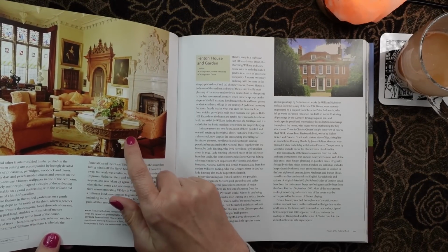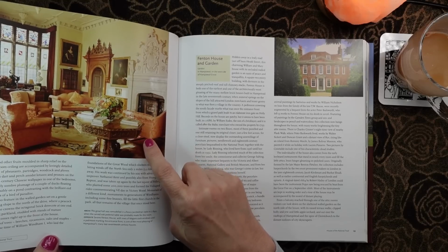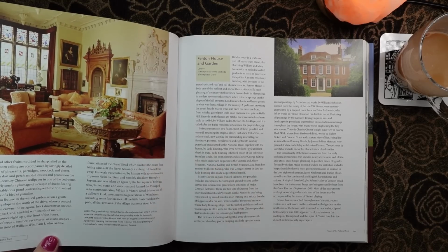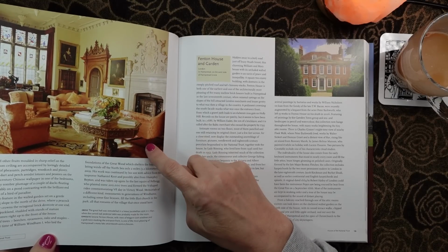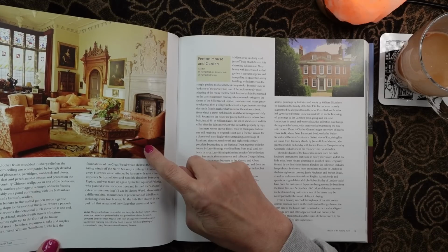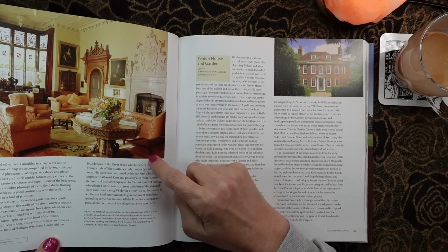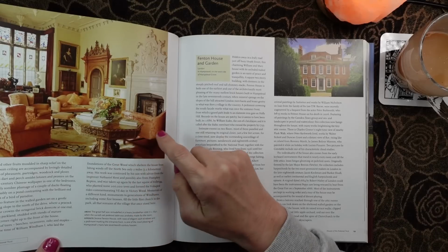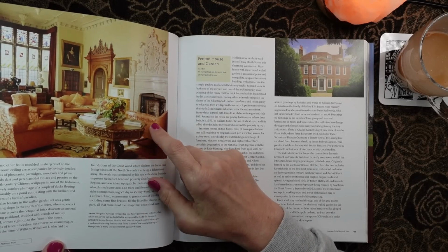So this is the same place. This is the Great Hall, which was remodelled in a heavy Jacobean style, circa 1840, when the carved oak pedestal table was probably made for the room. This one. And then it says